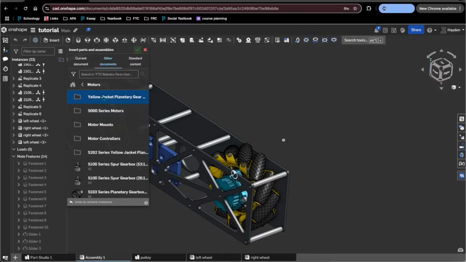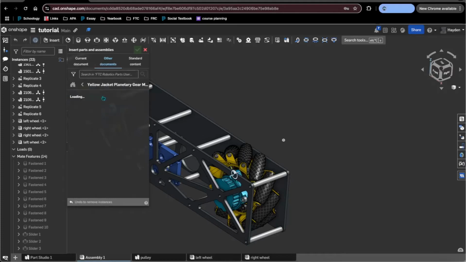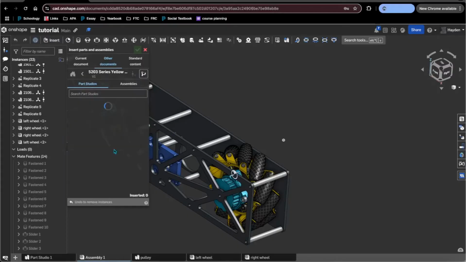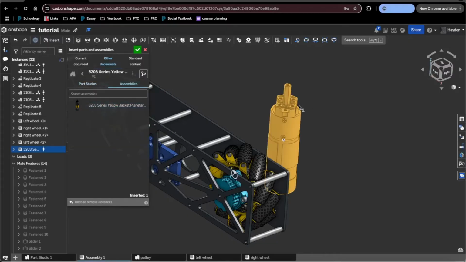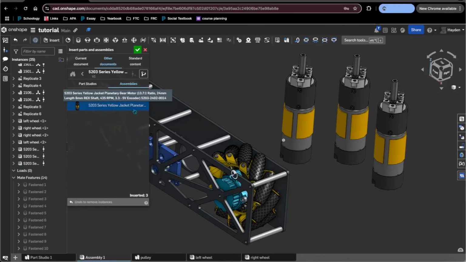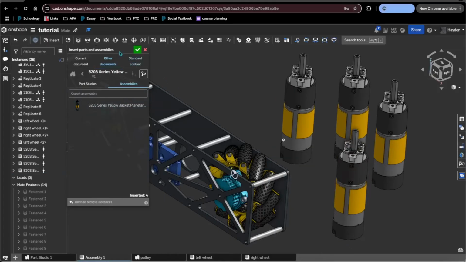Go to goBILDA, motion, motors, and then Yellow Jacket planetary gear motors at the top of the folder. Scroll all the way down to the bottom, and then find the 5203 series Yellow Jacket planetary gear motor with 435 RPM and 24mm length, 8mm rex shaft. We're going to insert that, and we're actually going to insert 3 more, because we need 4 for the drivetrain. Now what we're going to do